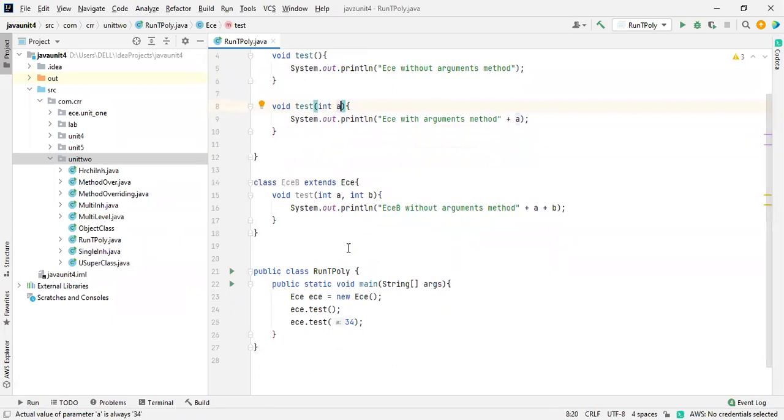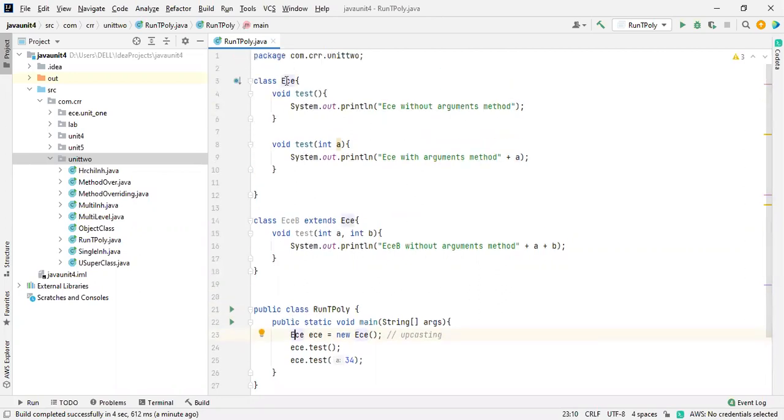And here, the polymorphism, now we are going to see the polymorphism. What is this polymorphism? Here I am going to create the upcasting concept. I already discussed this, I don't know whether I did or not. So what is the upcasting concept? Here I just created an object using the main class object. And now I'm going to take ECE B over here, sorry, ECB over here.